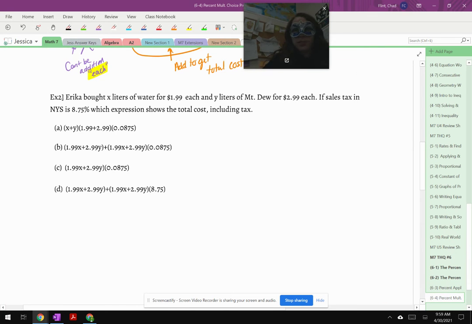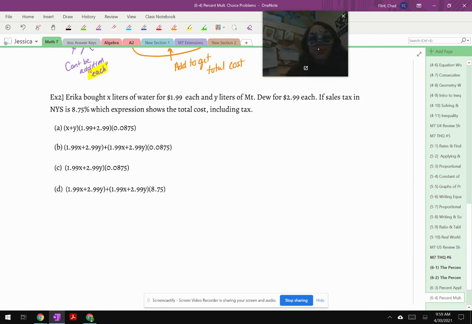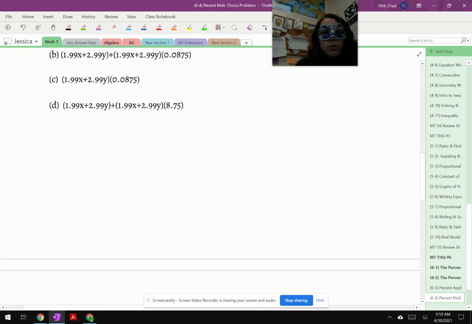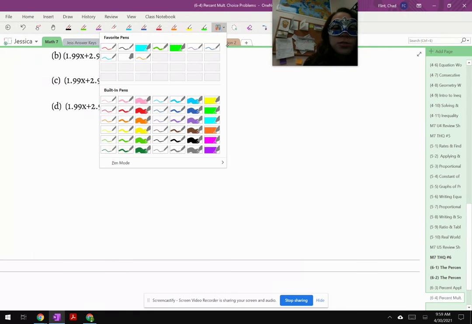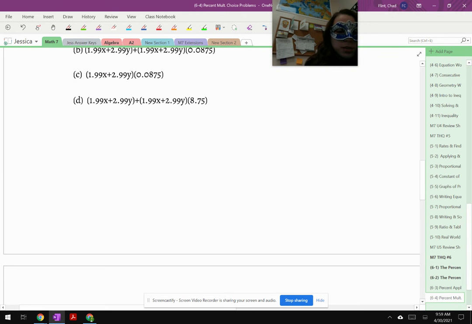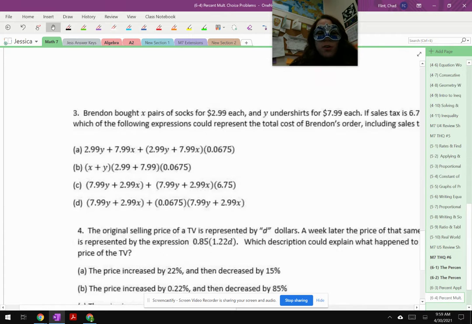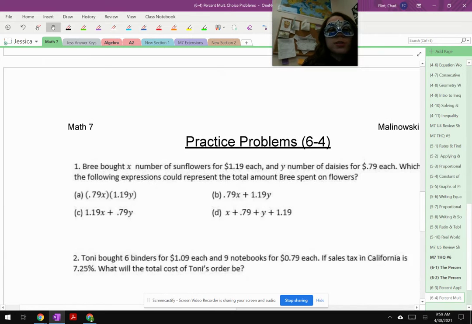Last example here for 6-4. And these are with these multiple choice questions. So the first thing that I really should have put at the top of this paper, but I forgot to because I'm a human and I make mistakes, is that to get credit on these multiple choice questions, because almost all of them are multiple choice,